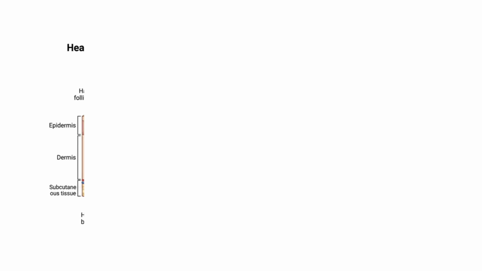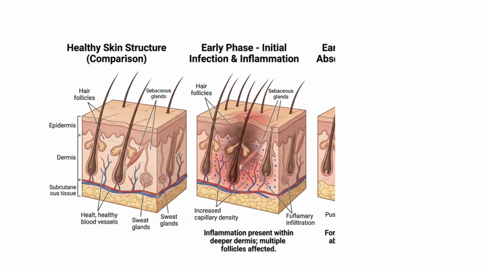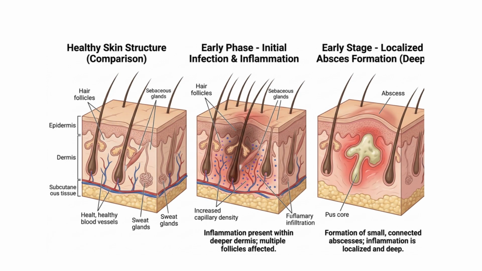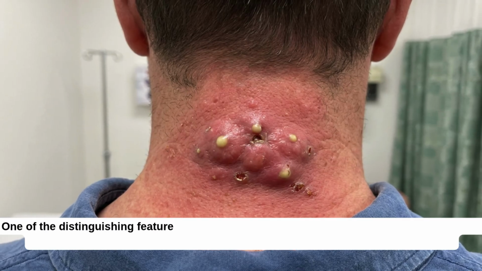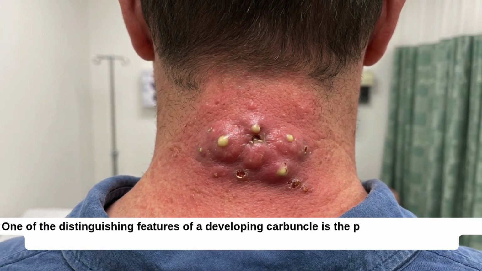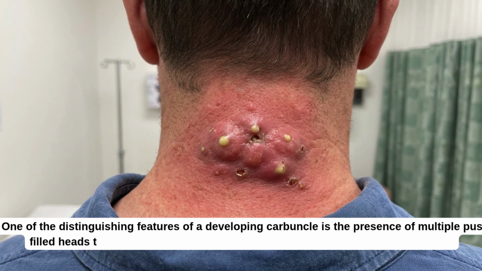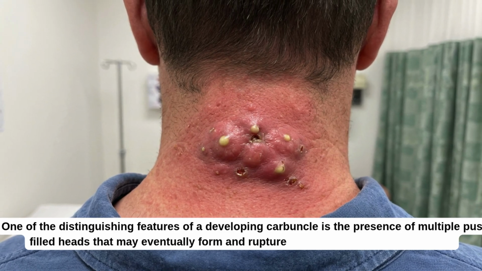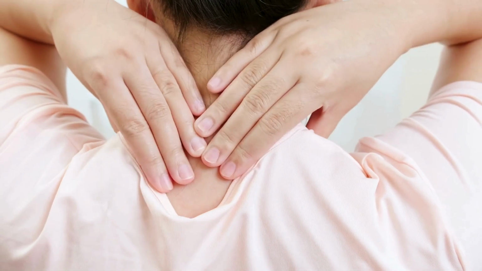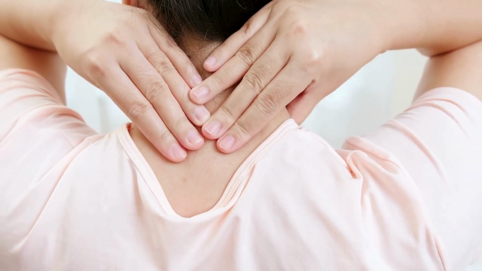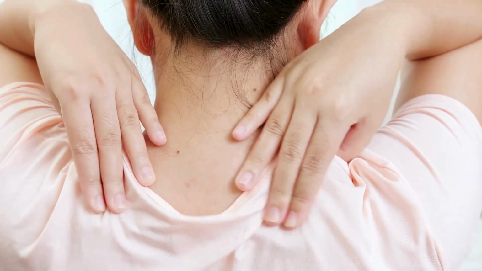Over time, the swelling grows as more follicles become involved, and the tissue begins to harden due to ongoing inflammation and pus accumulation. Pain intensifies as pressure builds within the confined space of the skin layers. One of the distinguishing features of a developing carbuncle is the presence of multiple pus-filled heads that may eventually form and rupture, creating small drainage points. This is a sign that the infection is no longer limited to a single follicle, but has spread through adjacent